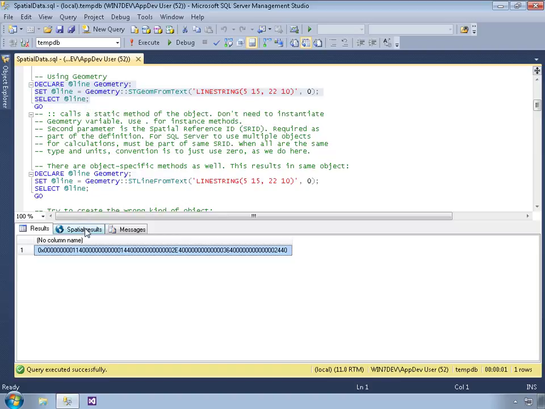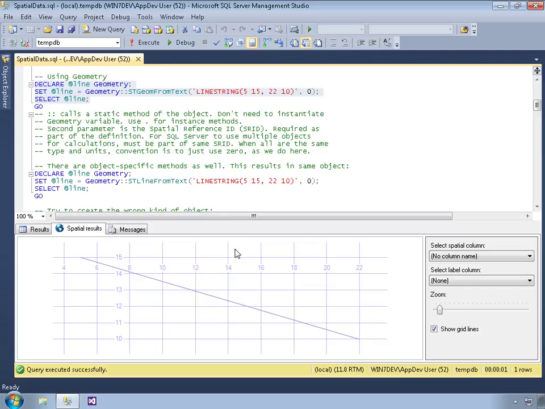What's new here, though, is that because I executed a query that returned a spatial data type, I also got the Spatial Results tab here. And as you can see, this provides a view of the shape on a two-dimensional plane. So this provides a simple way to visualize shapes. Now, if the result set returned multiple spatial data fields, then I could select them from this column here. I didn't use an alias, so it's just called no column name. But if I had select line, select polygon, select other values here, then I could select which one I want to display here within the viewer